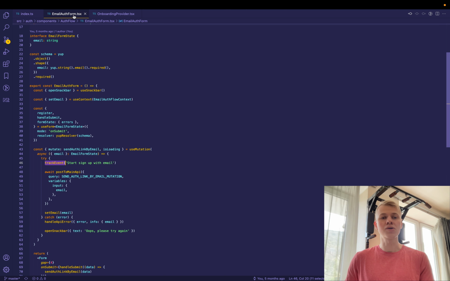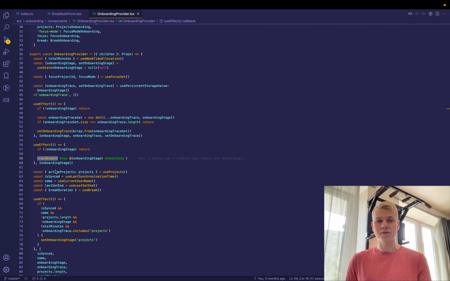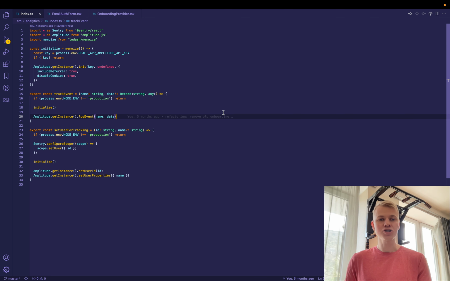So for example, here in the email auth form, we have start sign up with email. Or here in the onboarding provider, I want to have a funnel for the onboarding stages, and I also use trackEvent here. Another function that we export is setUserForTracking, so that we can associate events of